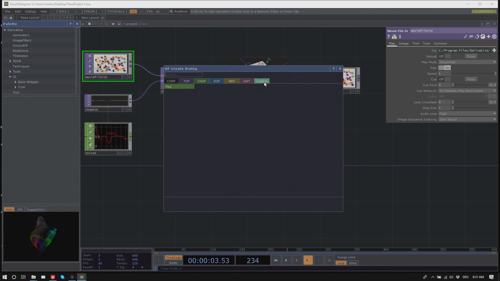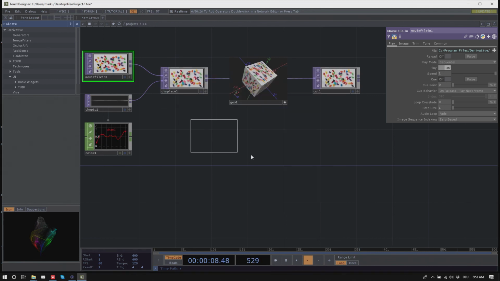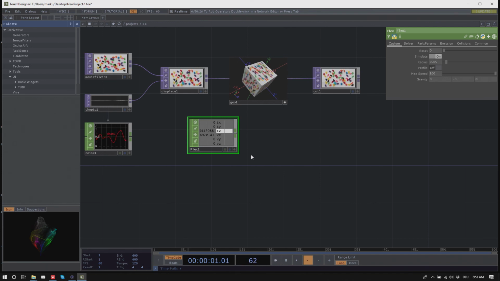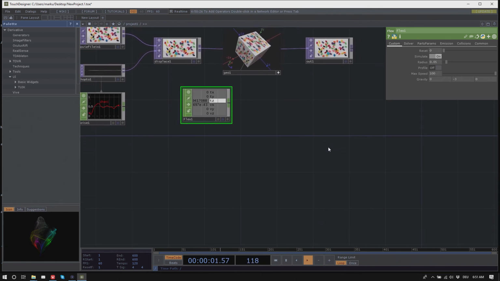All of them can now be found under this custom tab, and they behave like native operators. You don't anymore have to specify a DLL or anything. They just come in as native operators with their own parameters and everything.